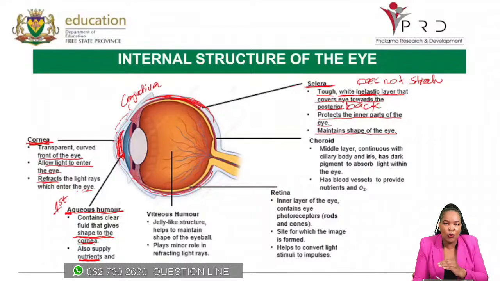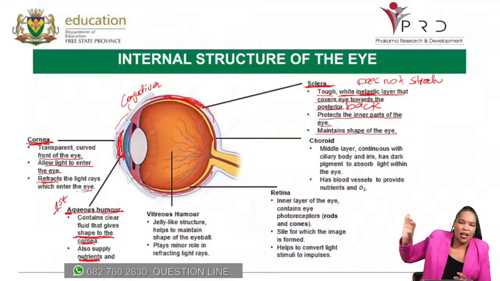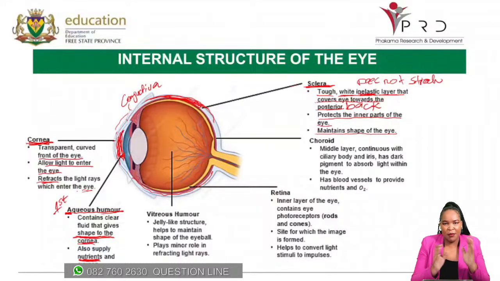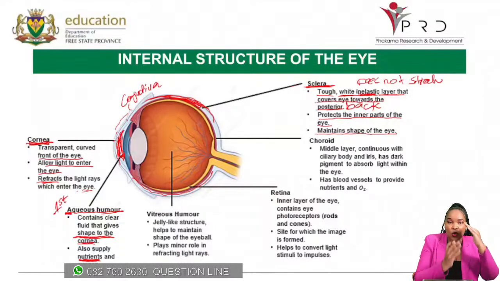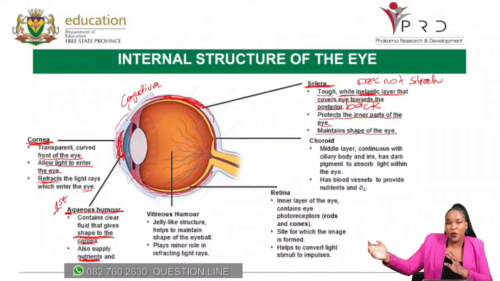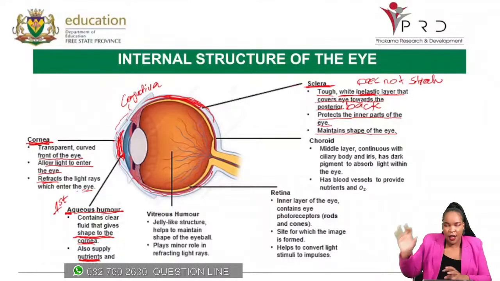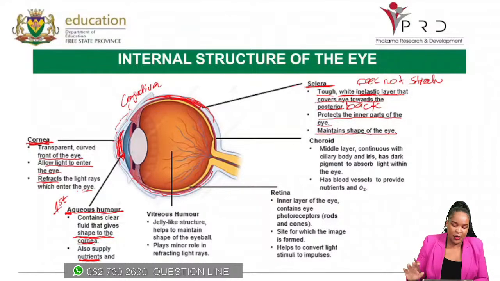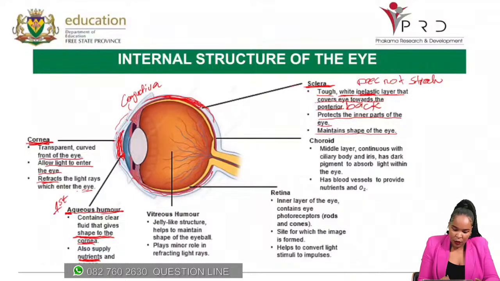Then you know the vitreous humor comes later. V in the alphabet comes later there. So you will remember those two fluids by the first fluid is your aqueous humor behind the cornea, and your last fluid is the vitreous humor, and that is the one that you find in that hollow space. Right. And then you come to